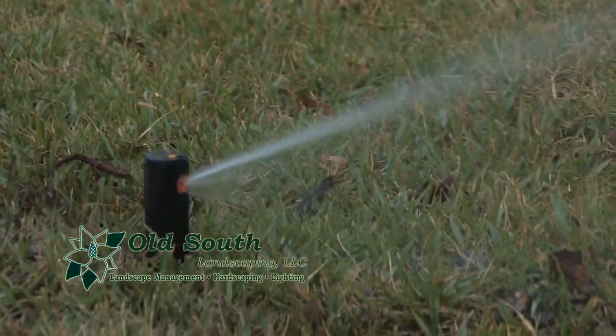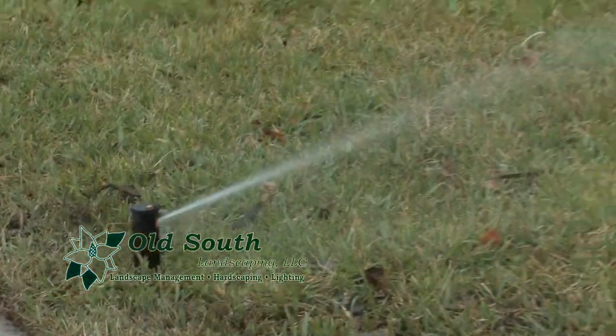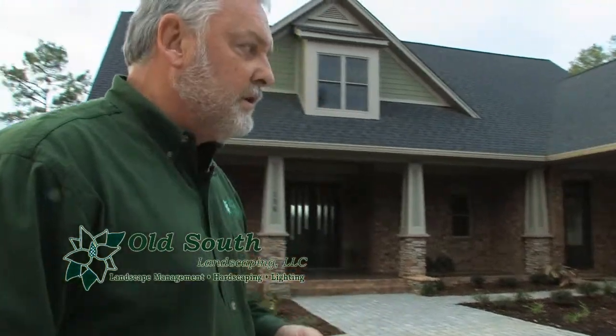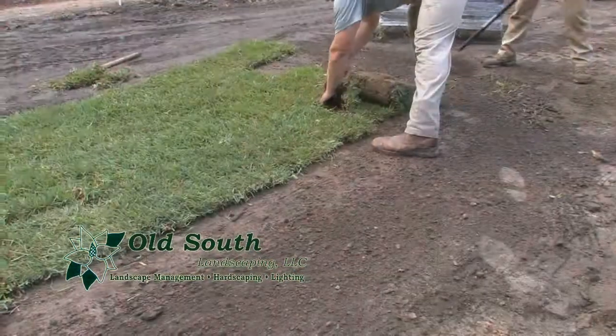When planning your irrigation system, you need to keep a lot of things in mind. Of course, one thing is making sure that the system works efficiently by calculating all the different things that you need to know about the systems. You know, how much water, how much volume will your system put out, how much pressure will your system put out. All those are key because you have to remember that everything that you plant has a different type of root system. For instance, on sod, sod has a root system 3 to 4 inches down,